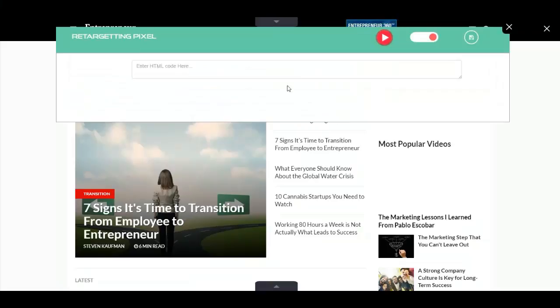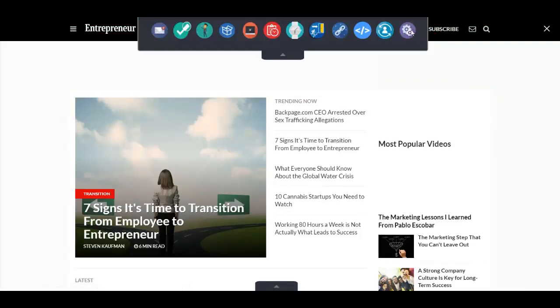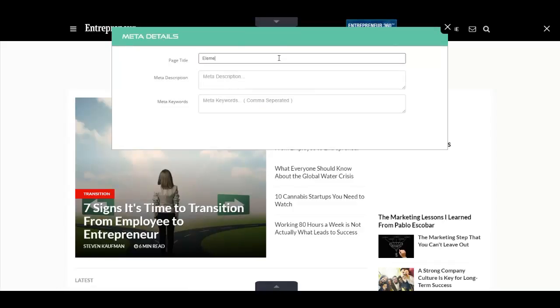And we got the retargeting pixel. Just put your retargeting code right here and it will paste it inside the code. And lastly, we got the meta details for your page. So let's say Elementio Demo, Elementio, add elements, oops, boost conversion, different kind of, oh sorry, this is the description part. Just paste it. Elementio, the ultimate conversion boosting success. Okay,